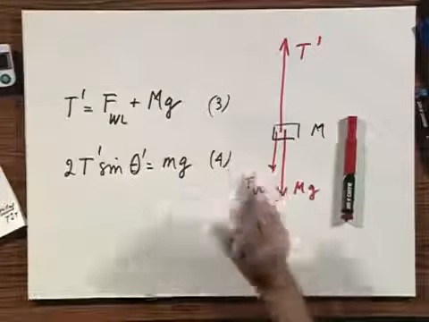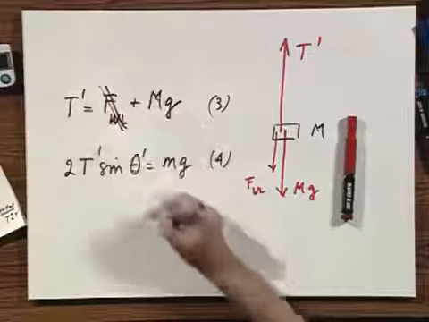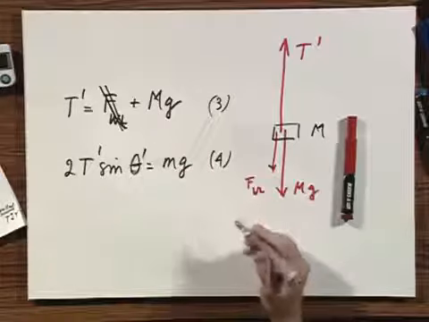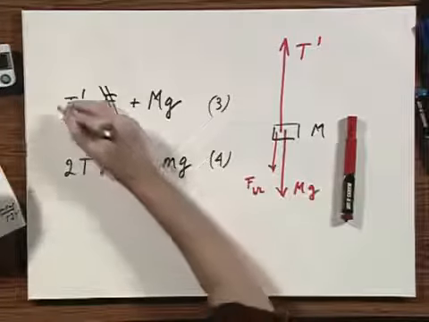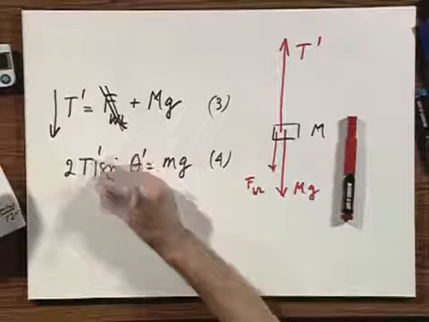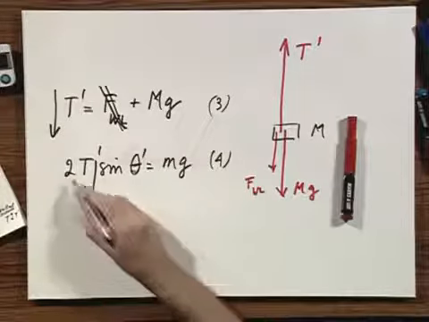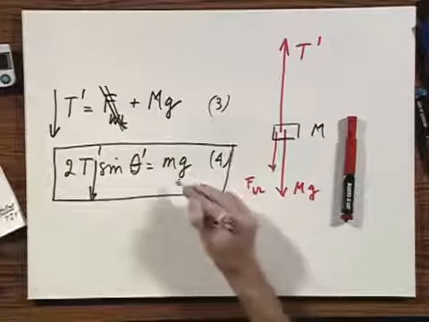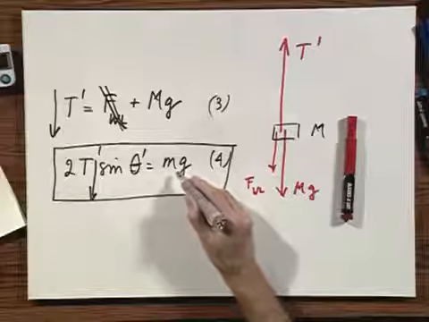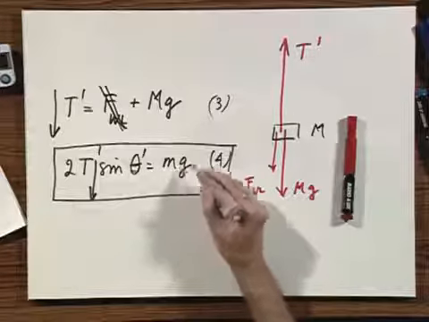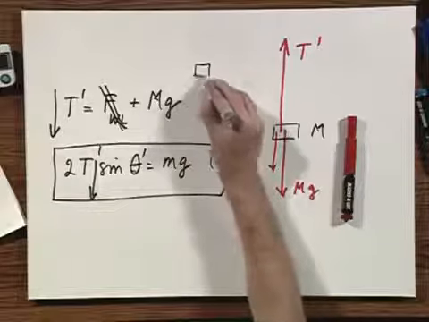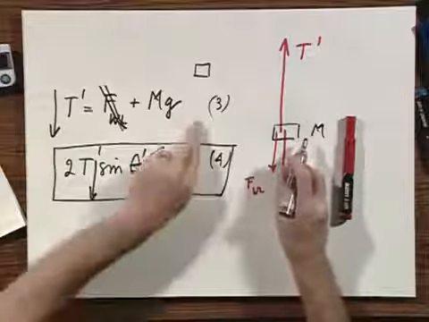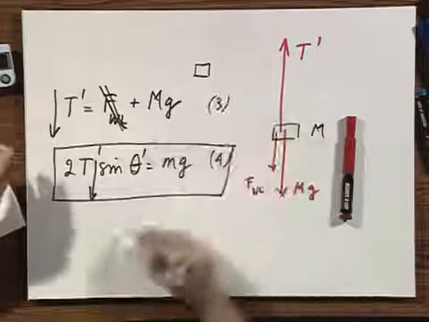Now, let us assume that I let go all of a sudden. So this force all of a sudden becomes 0, but the angle theta prime is not changing instantaneously. So immediately T prime goes down. And as this T prime goes down, notice that there is no longer equilibrium here. You now have a net force here, which is not 0. The net force on this little object m, if I pull this down and this object went up, is now in the down direction.